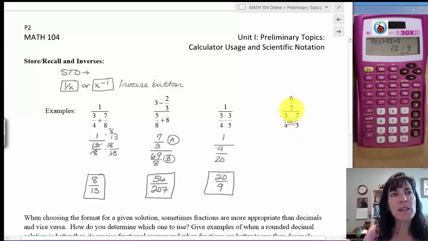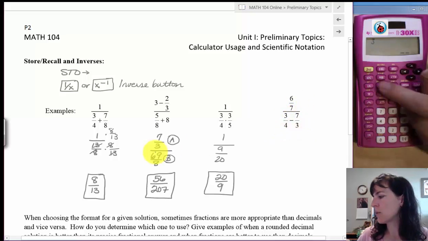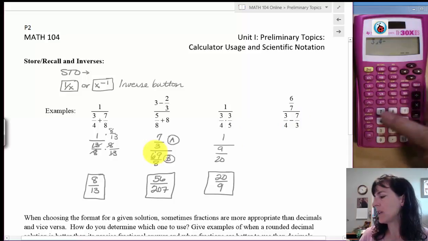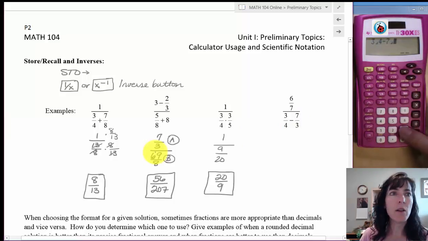What I see is that we have 6/7 divided by an operation. So I'm going to go ahead and do the denominator first and store it. I don't actually have to store it, but I think I will just to show you the store again. But I could just keep it in the answer button. I'll do it two ways. So first off, I want to do 3/4 minus 7/3. So 3 ABC 4 minus 7 ABC 3